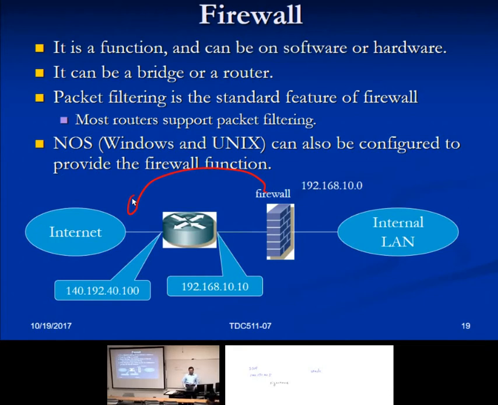Can we put a firewall there? Does it sound better to put a firewall between the internet and the router if we have a physical box for the firewall? Why not put it here? Will this be better? I think both sides should be better. I mean, both sides is okay. It should be both sides, if the company is better off in terms of money.